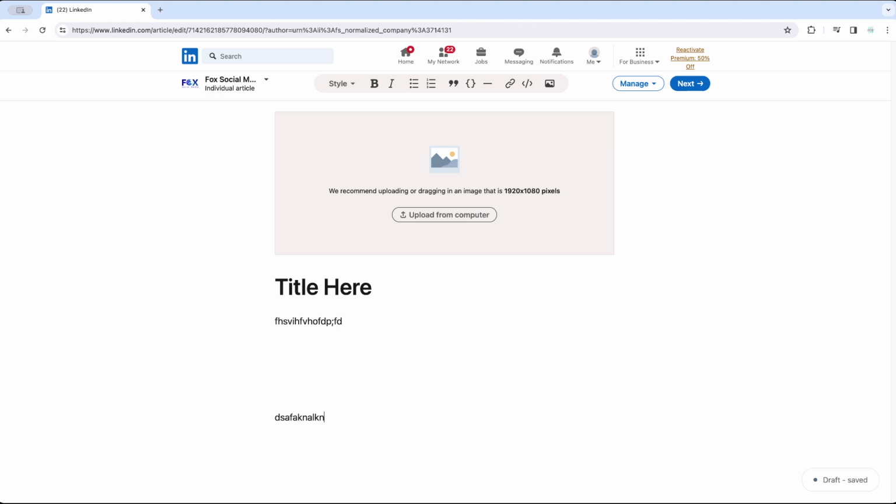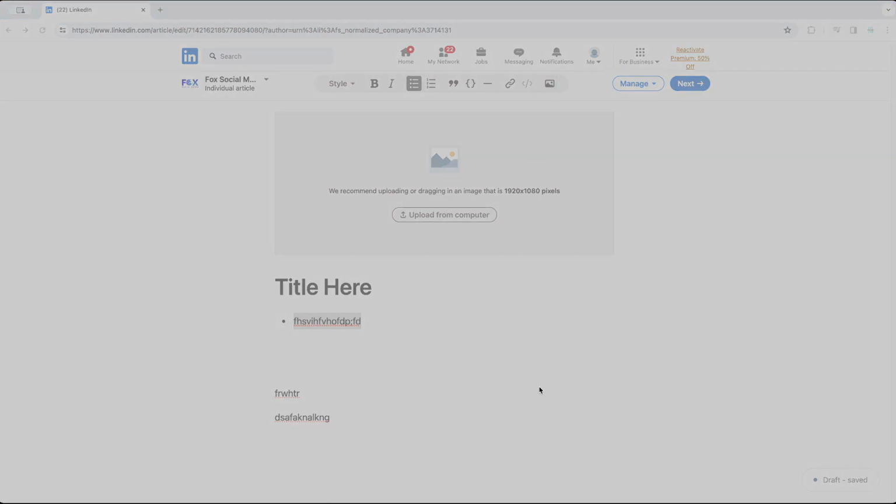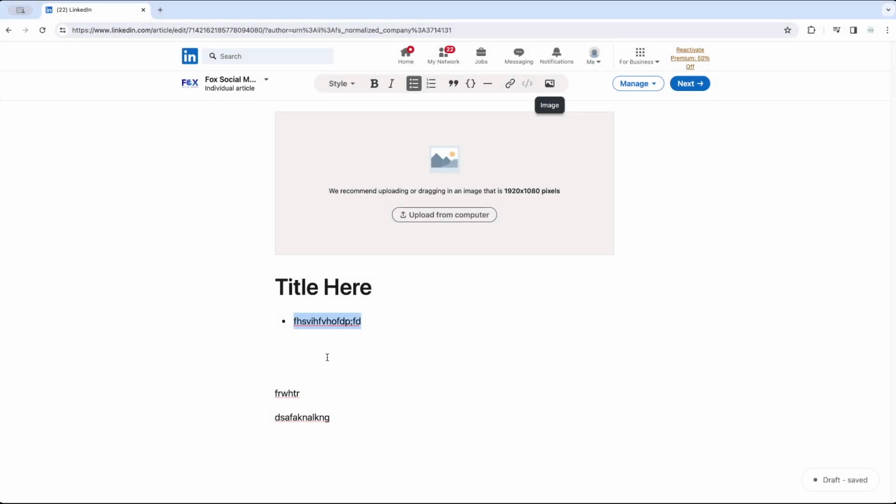here and format it. And let's say I wanted this to be bold, I could do that, or even change it to if it's a heading or not, quotations, or if I wanted to do a bolded list, I can just change all of this from up here. I could even insert an image by clicking this here if I wanted to. And then if I was doing this, I would just click next and it would take me to be able to actually post this. Now, I recommend you just doing a PDF instead of writing in here, but it is an easy way and a quick way to write a little post if you are